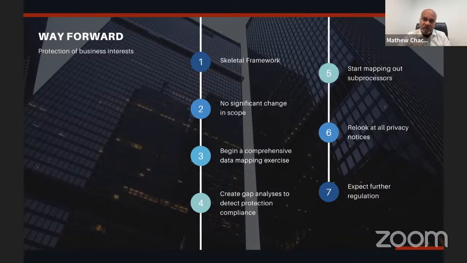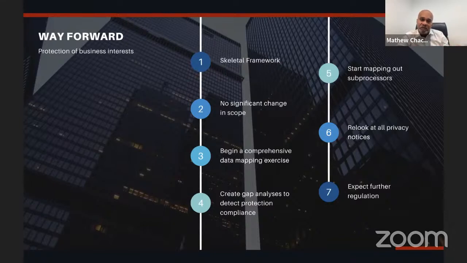And do start mapping out sub-processors, including from an employee perspective. For example, I had a client who asked me, you're telling me Bamboo HR is a sub-processor? Yes, Bamboo HR is a sub-processor. If you're using Google servers, Google is a sub-processor. If you're using Amazon servers, again, there'll be processing that they'll do. If you're using Alexa, that's a very large sub-processor. So please